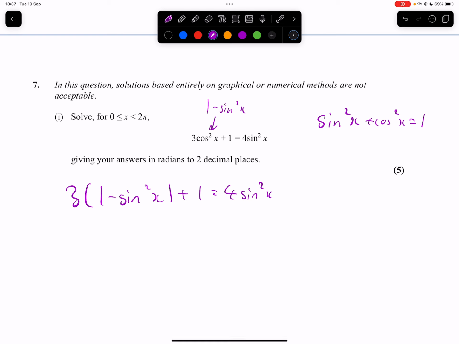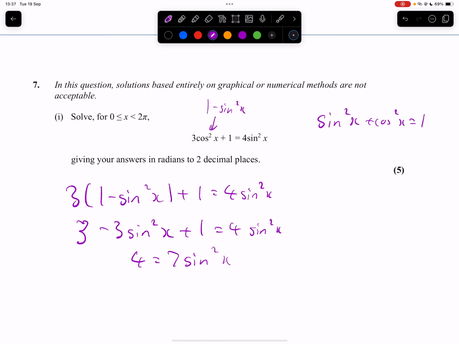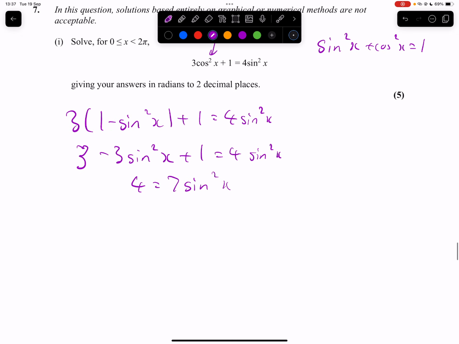And then expand so that altogether we have 4 equals 7 sine squared x. And that means 4/7 is sine squared x. Sine is the square root of that, which if we square root 4/7,